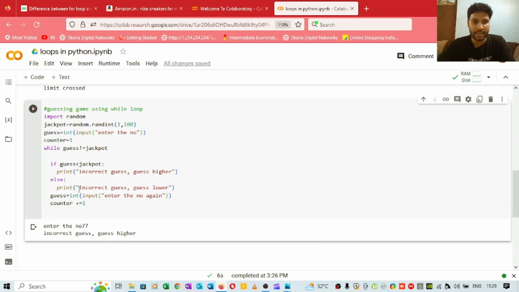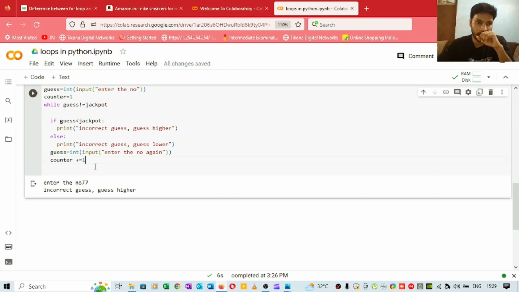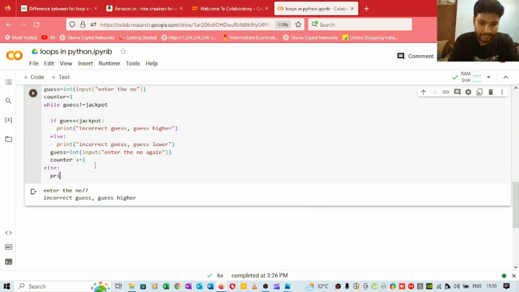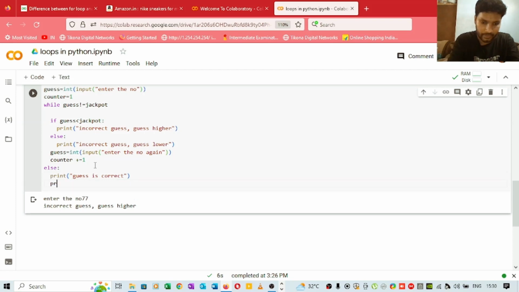the guess is less than the jackpot or greater than the jackpot, we have entered this piece of code in this block of code. And if this is not true, that means if the guess is not equals to jackpot, we are entering here. Otherwise, if the guess is correct, we are entering one more else block. So I'll write one more else condition where we will print guess is correct, and we will print one more message, print, and we will print